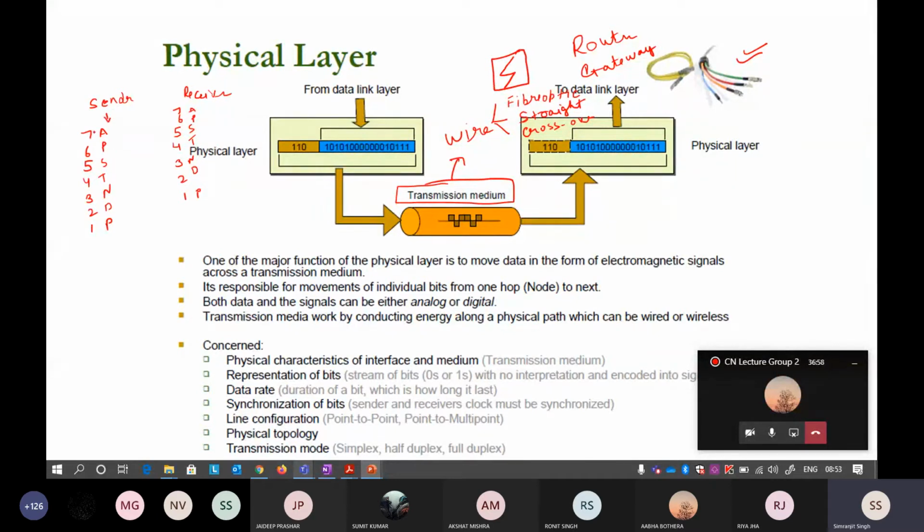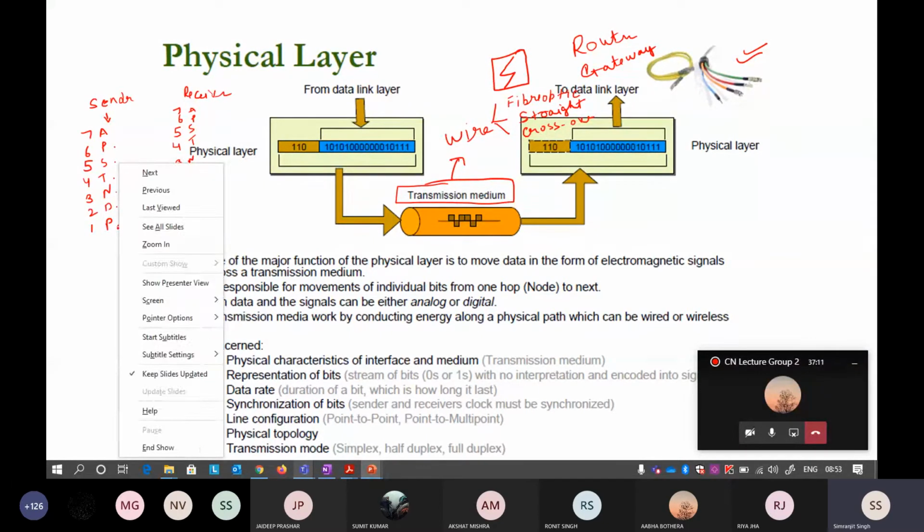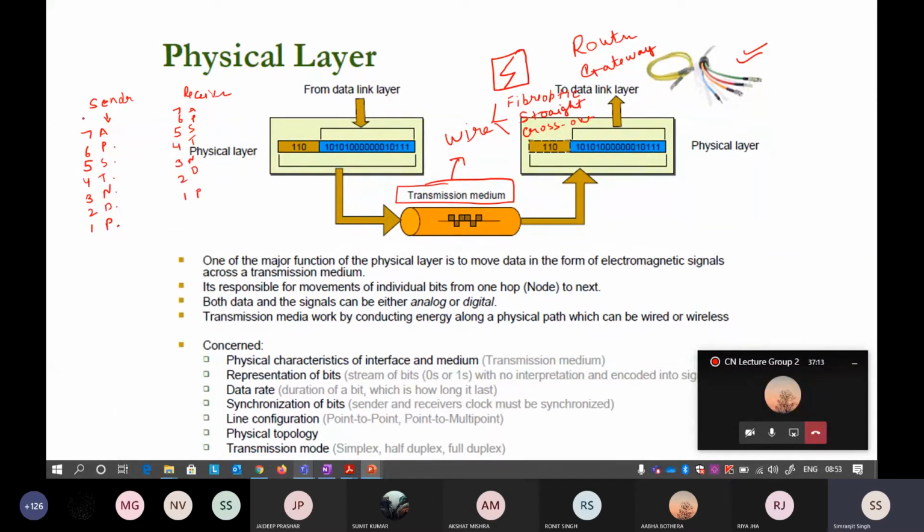that you will start from the application layer, you will go to presentation, you will go to session, you will go to transport layer, you will then go to network, then go to data link layer, and then you go to physical layer. So the task of the physical layer is to transfer whatever the sender wants to send. It takes it using the transmission media and tries to send it to the receiver.